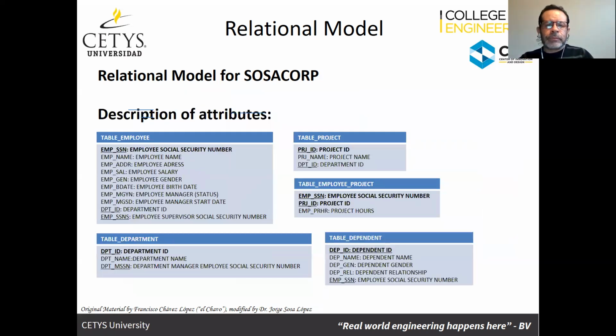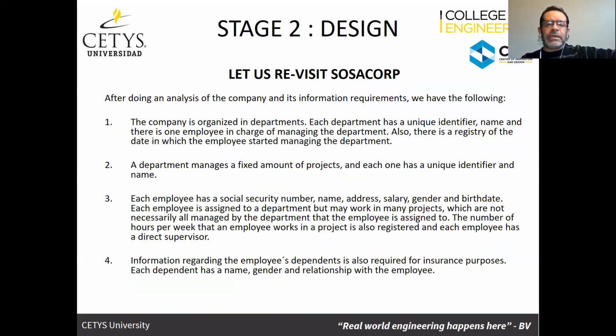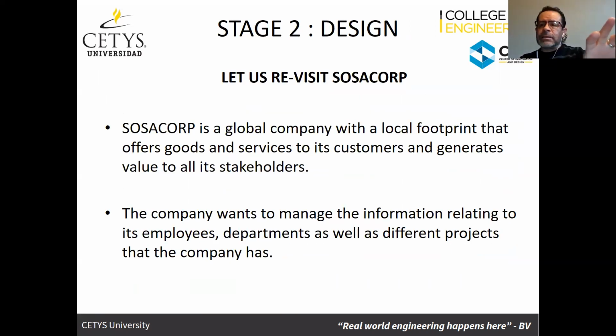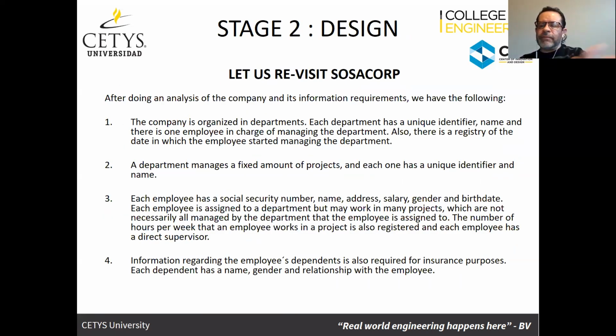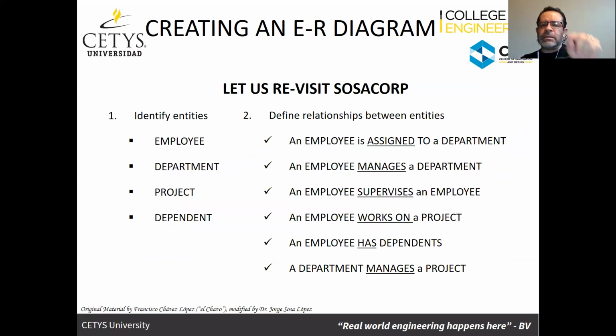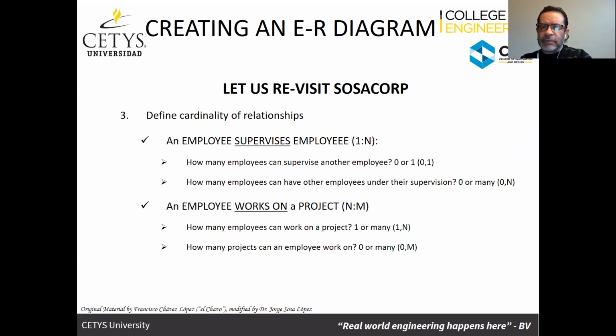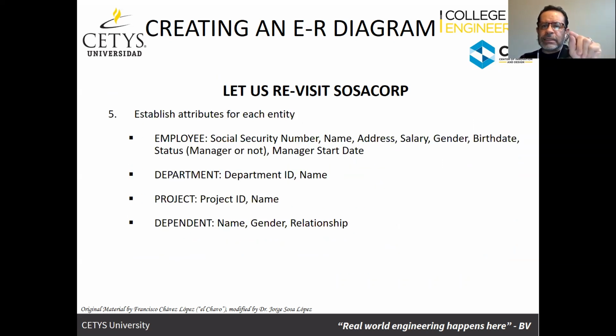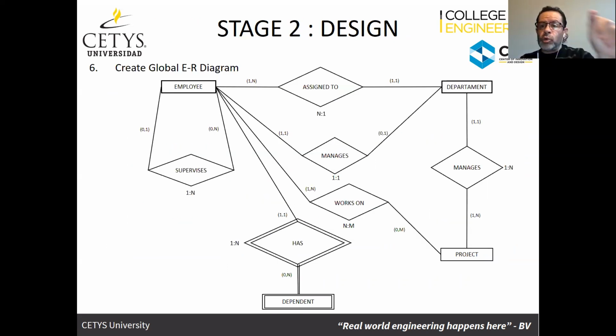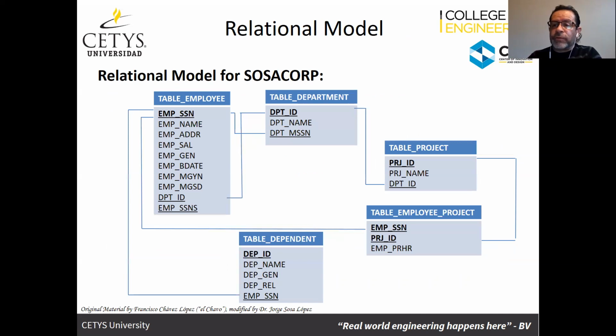Okay. So this is basically, if you notice, everything that we did starts from the analysis part, and from the analysis, we get the information that we need to be able to identify entities, identify relationships, identify cardinality, identify attributes and primary keys, do the ER diagram. And from the ER diagram, it's relatively simple. We just create tables from each of the entities, validate the cardinality, and in the cardinality, the only thing we're